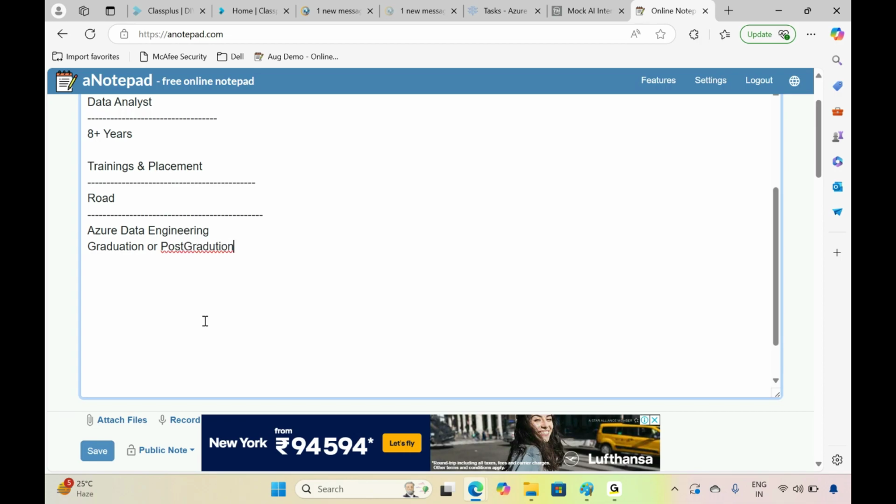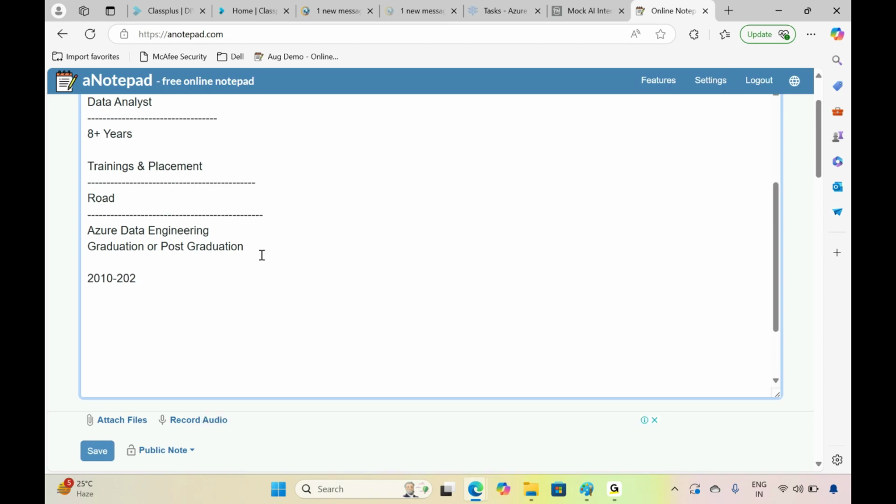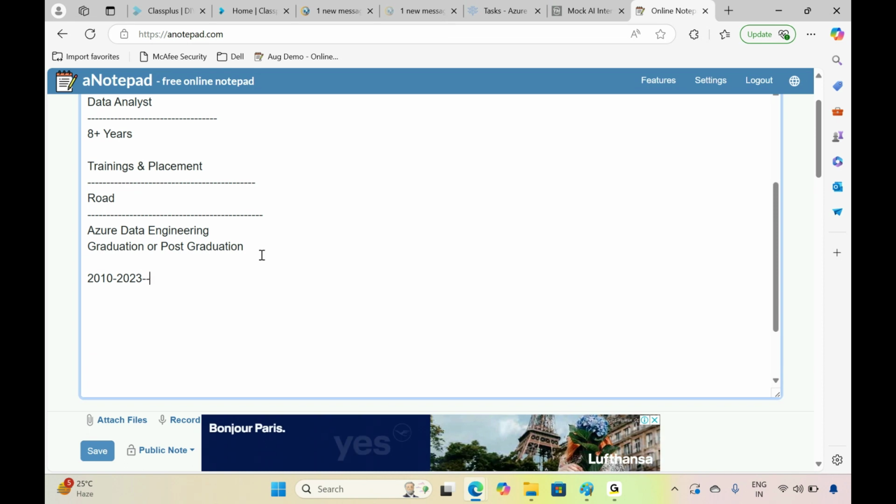As per my experience, most of the people passed out of their graduation long back, let's say between 2010 and 2023, in any of those years. They already have some experience in IT, but in a different technology. Now they want to learn Azure Data Engineering to upskill their knowledge. This is the category of people already working in IT.